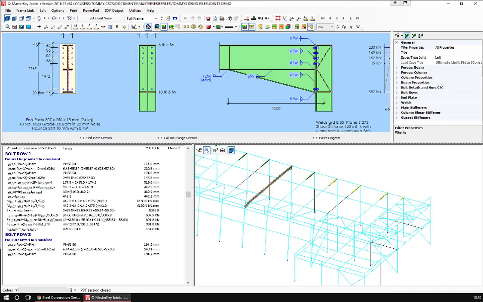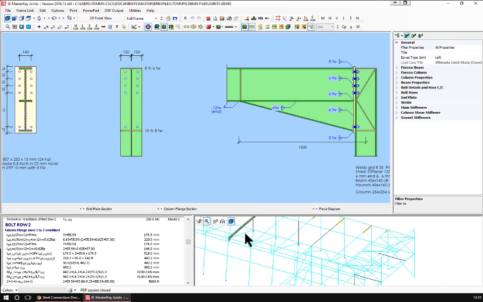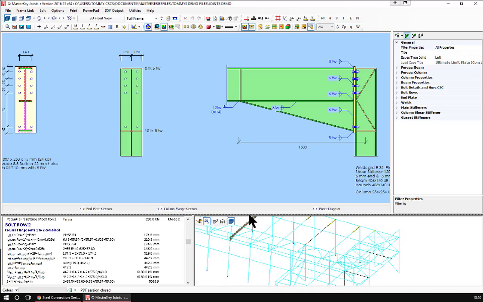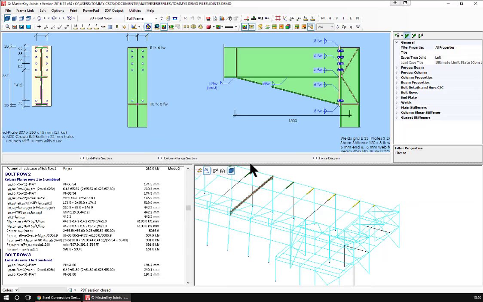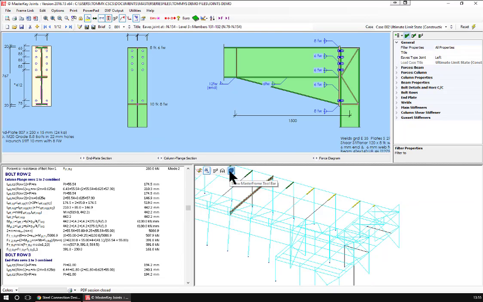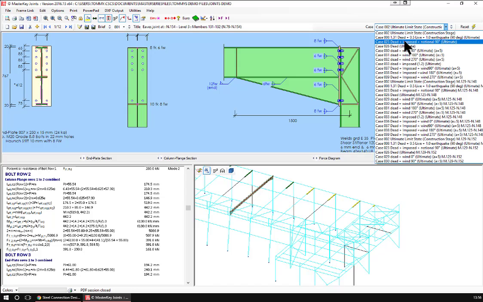So we're not looking at the one set of forces anymore. We're looking at all the loading cases. So I'm just going to turn that off here and come back to my loading cases, and instead of having